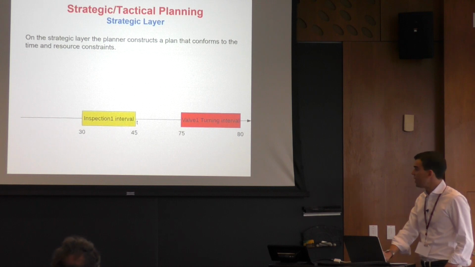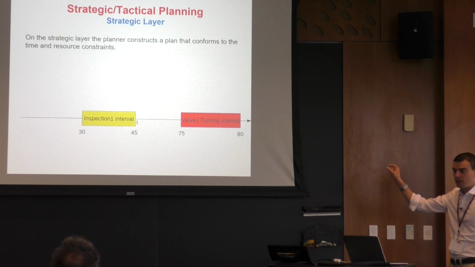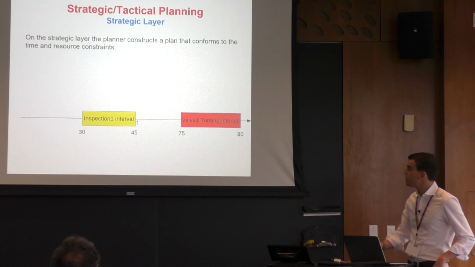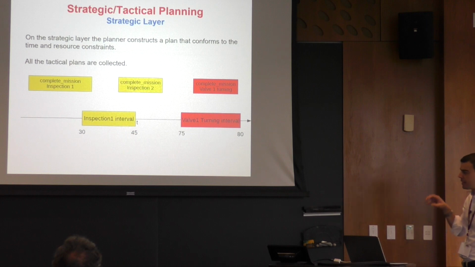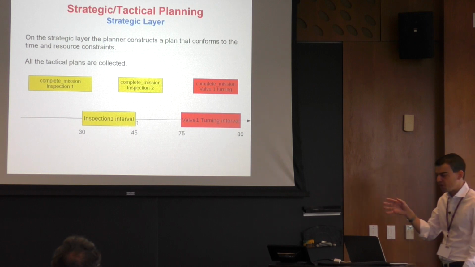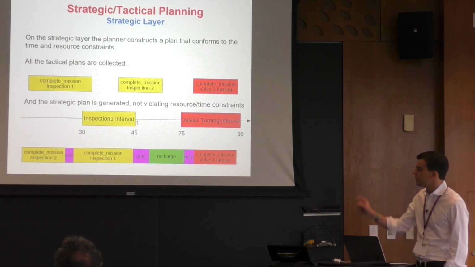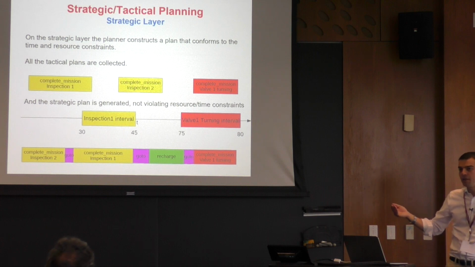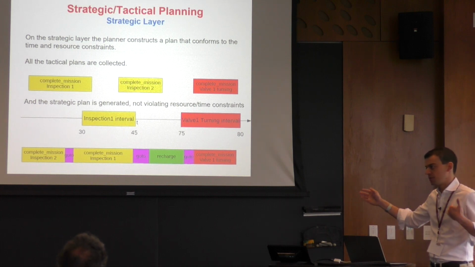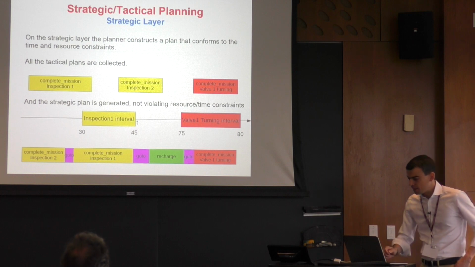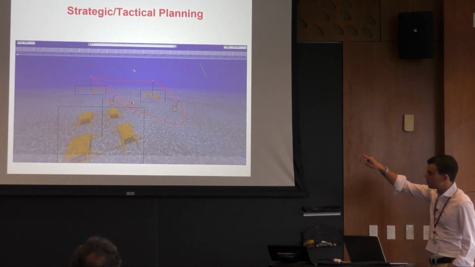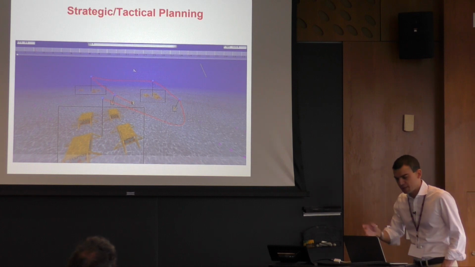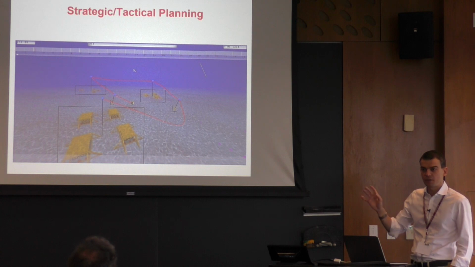In the strategic layer you now have the time windows and all the tactical plans, and the task for the strategic layer is to take all the tactical plans created before and fit them into the time windows in order to have a consistent plan. This allows scalability for missions where you have long-horizon plans. Okay? And this is how you have the movement of the AUV to jump to and start any new cluster and handle that. Any questions so far, or can I move on?